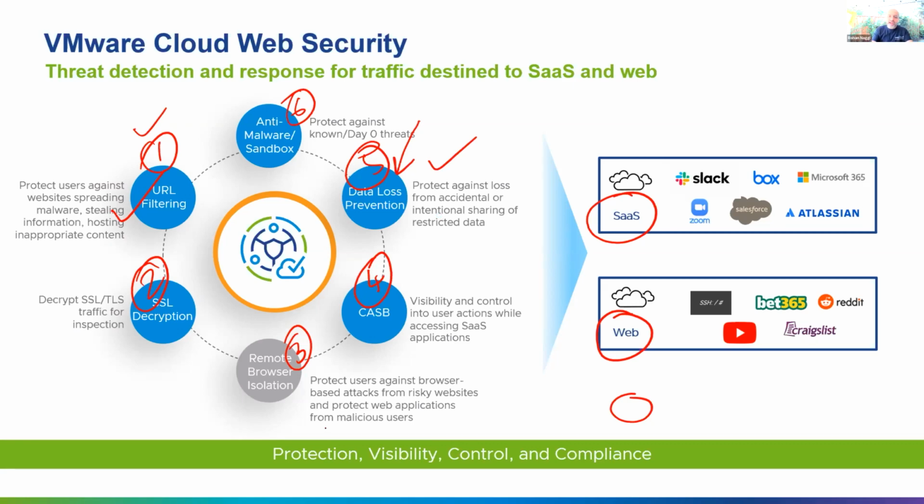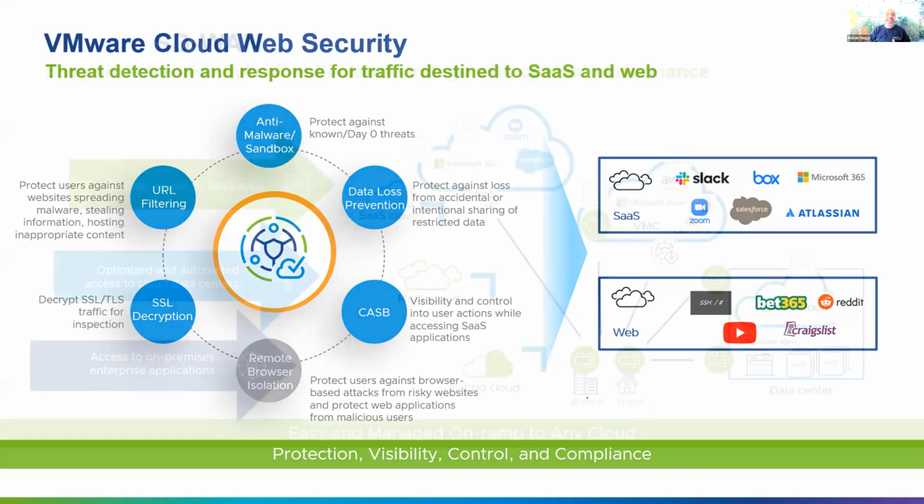At the end of the day, they are providing you the protection, the visibility, the control and the compliance for the enterprise network. Remember, all these capabilities are in the SASE POPs, which are around the globe for you. So a user in Australia doesn't have to come all the way and get connected to your data center in New York so that these services can be offered. You're already adding latency by traveling around the globe. The key here is that these VMware SASE POPs are around the globe, so you connect to the nearest SASE POP for networking and security services.